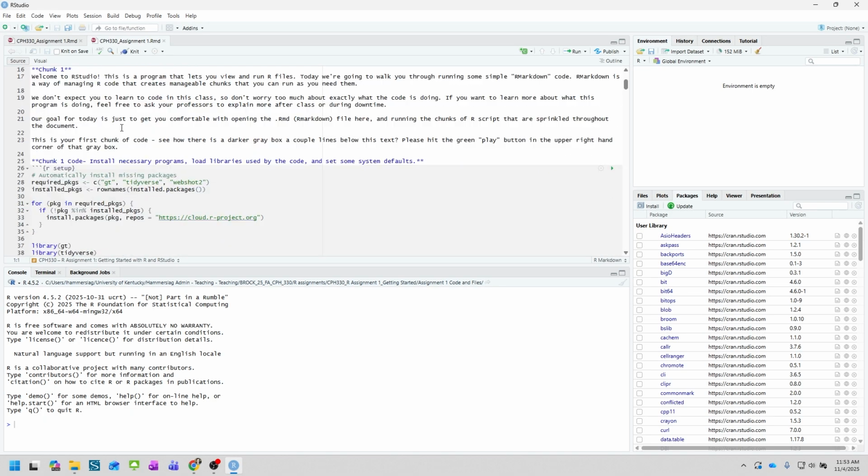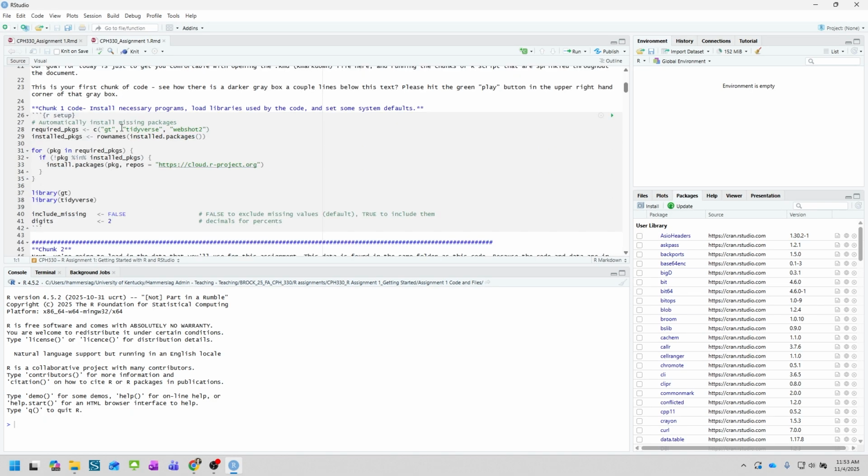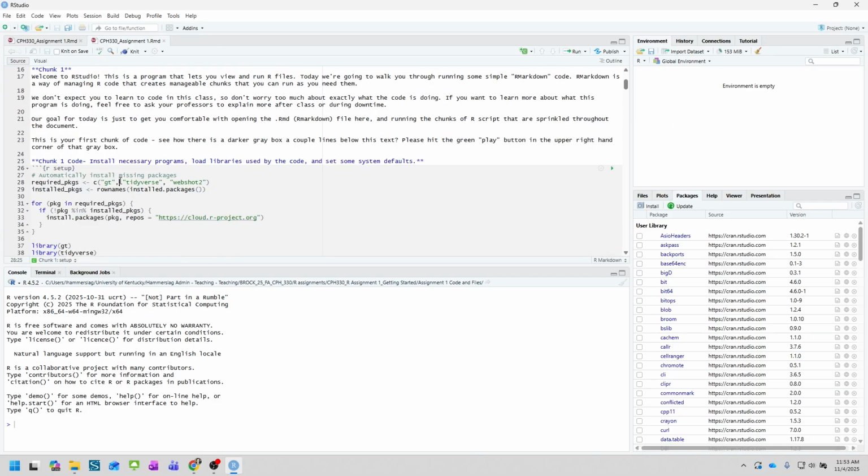As soon as you open it, the first thing you want to do is make sure and run this first chunk of code. And the reason that you want to run this first chunk of code is that it will make sure that if you're missing anything I think you need, that it will install it for you. So this is what you'll always do anytime you get code from myself or Professor Brock, is you'll hit play